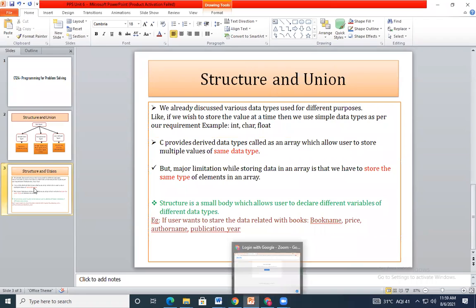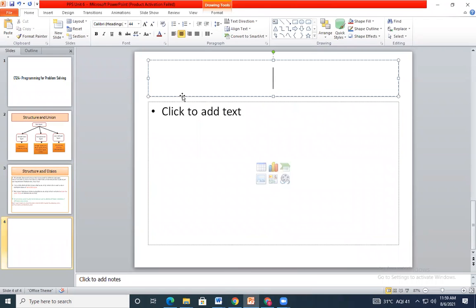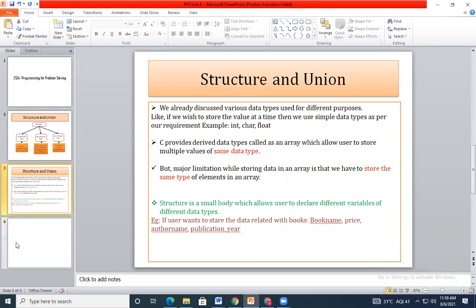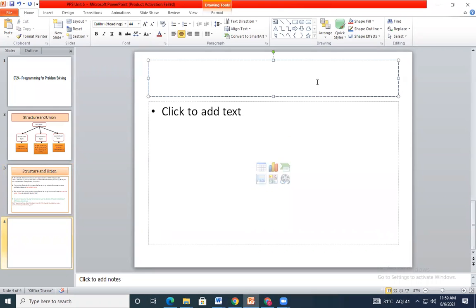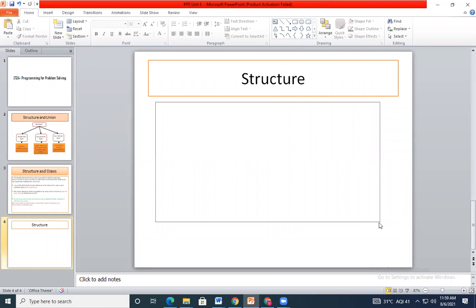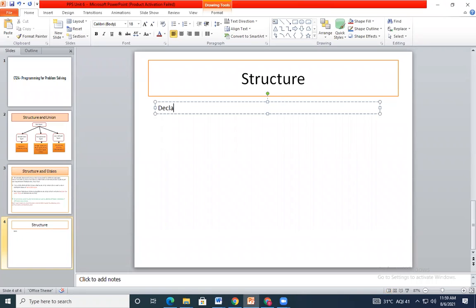Okay, now we will go to next part, that is declaration and definition of the structure. Okay, how we are going to declare and how we are going to define the structure. Declaration. Okay, now see here how we are going to declare a structure. I will write it here, the name struct. Okay, again it is a small struct, the structure name.